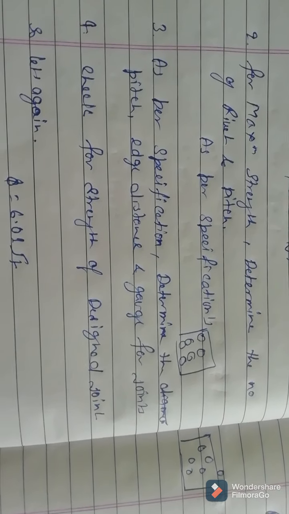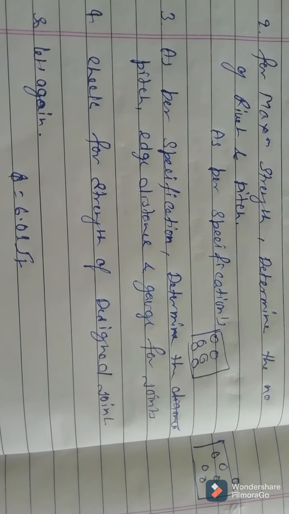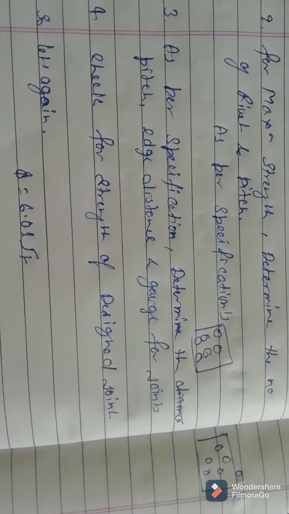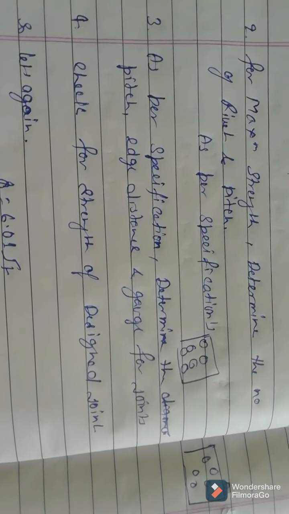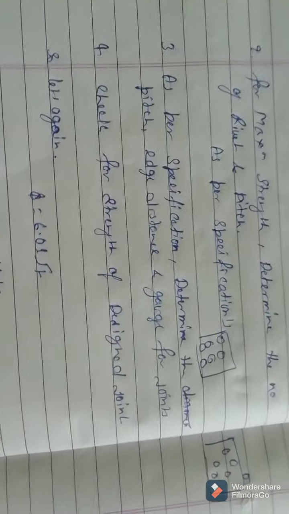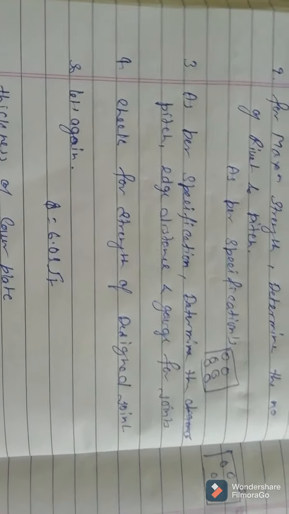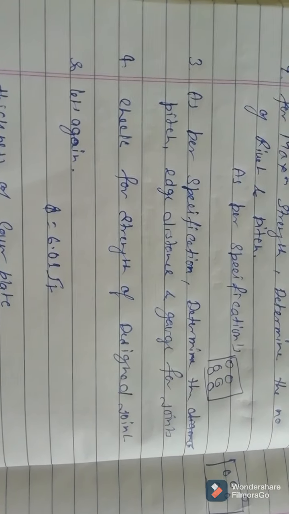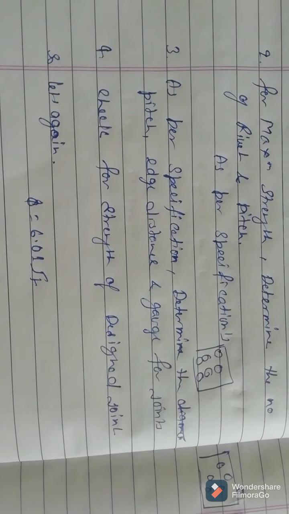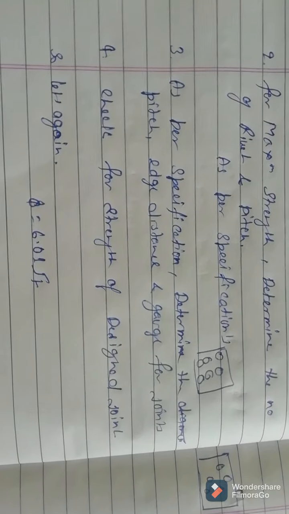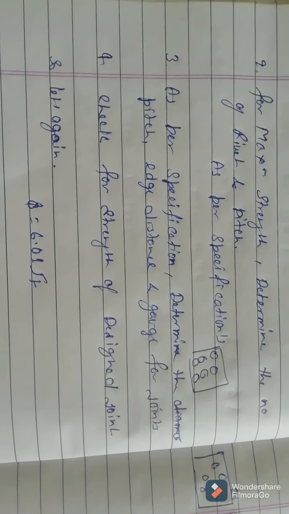Now next one is the check of strength of the joint. You have calculated all these things, so now you have to check the strength. You have to check at the critical section that the strength of the joint should not be less than the applied forces. Remember, the strength at that section should not be less than the applied force. If the strength at the critical section is less than the applied force, it means at that place your plate is going to fail.